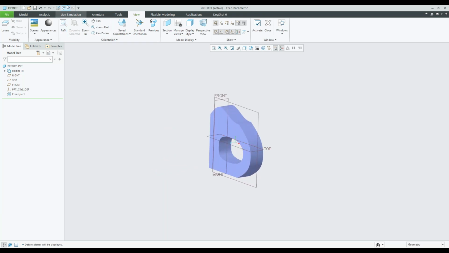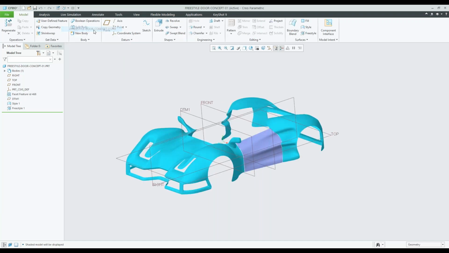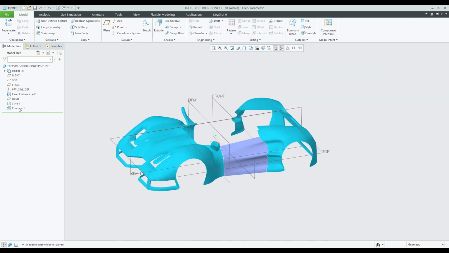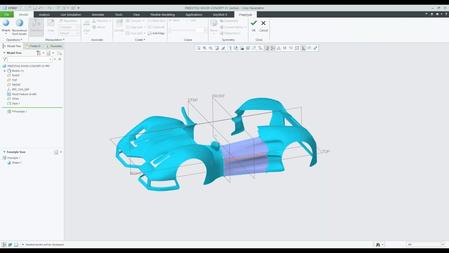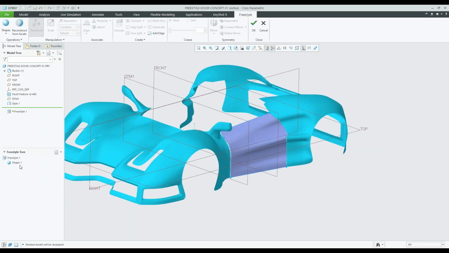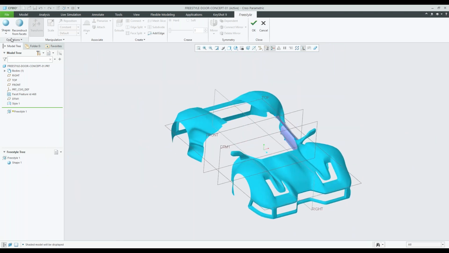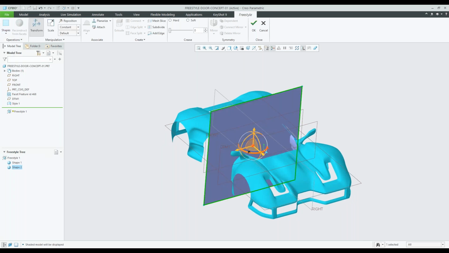So now let's actually move to a car design that I created, and we'll take a look at this door. So basically, we have one freestyle feature here. If I go to edit definition, you can see that I have a primitive shape here. So basically what I started off with was a plane, right? So I went into shapes, I went to plane, dropped that in,